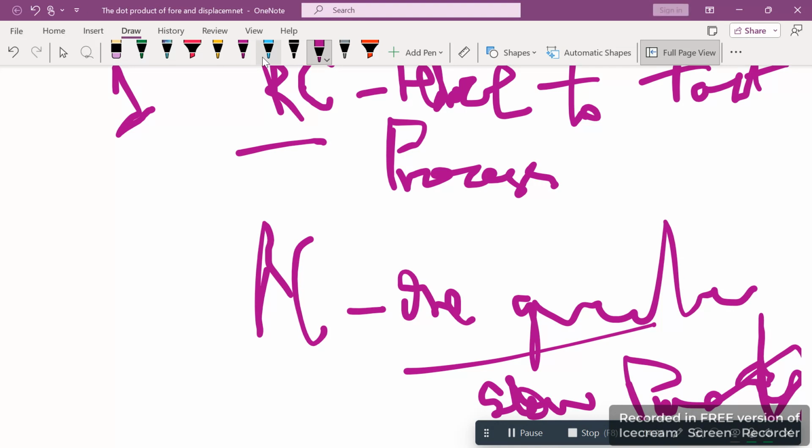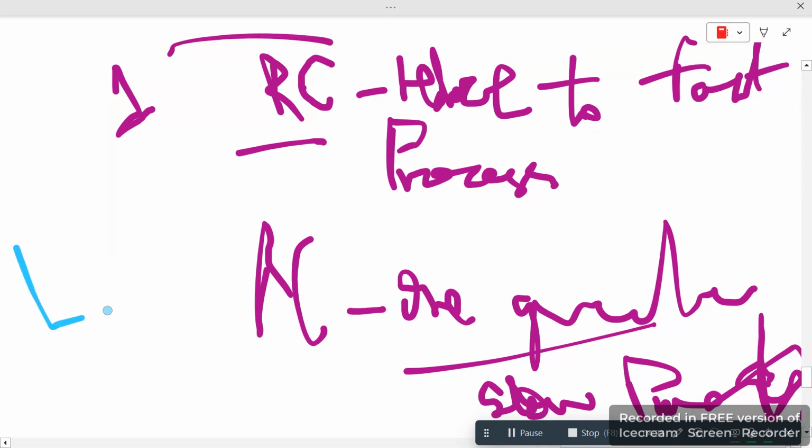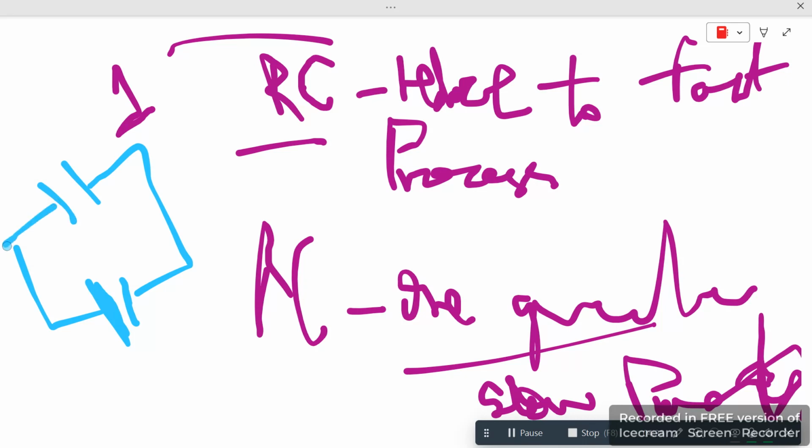Or we can also say no current flows when a capacitor is attached to the battery. If this is the battery, just attached with the battery, and here we have the capacitor, so we know this becomes an open circuit. So from here, if the battery voltage goes, it will go till here. It will be like broken, it won't go further. So we can say that no current will flow in the open circuit, or when you have a battery plus capacitor, no current will flow. So yes, and the battery is a DC source charge, and